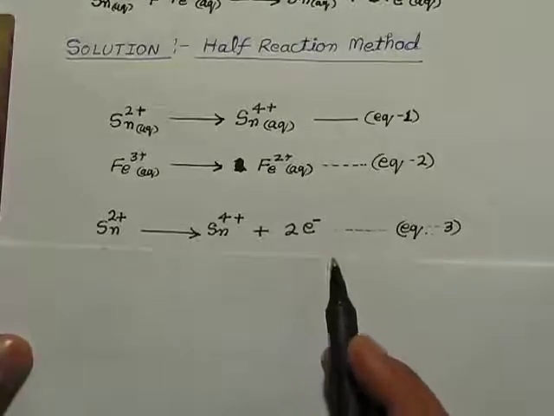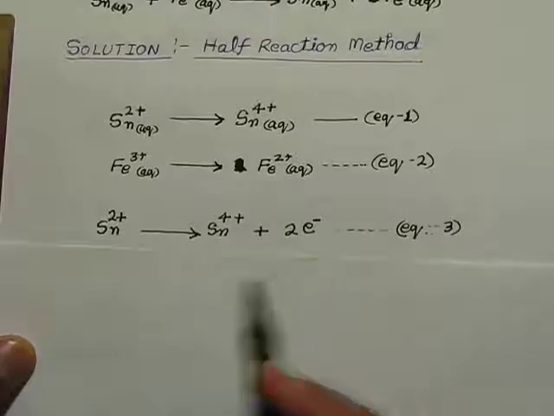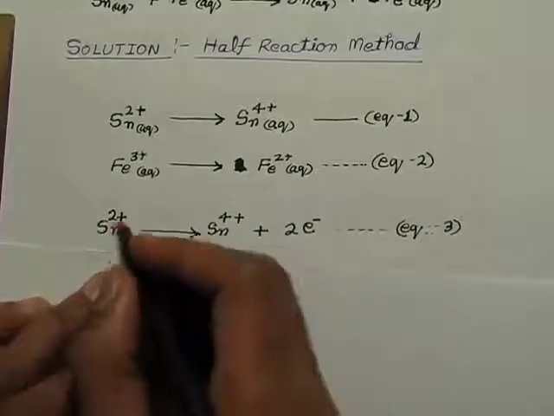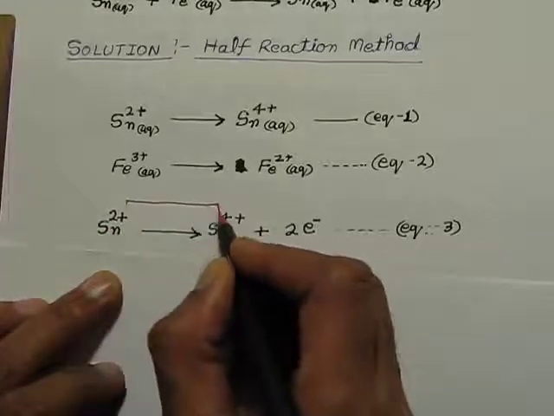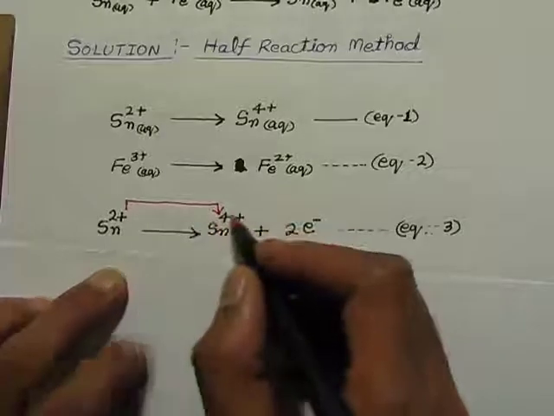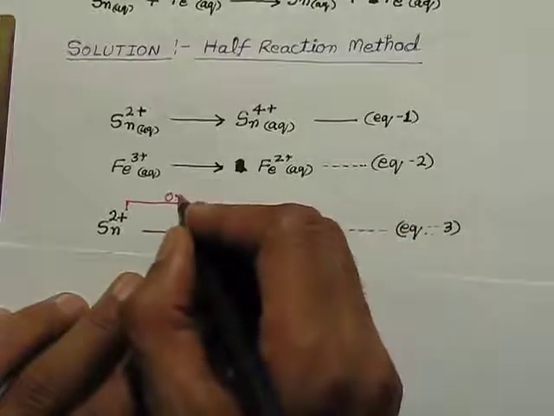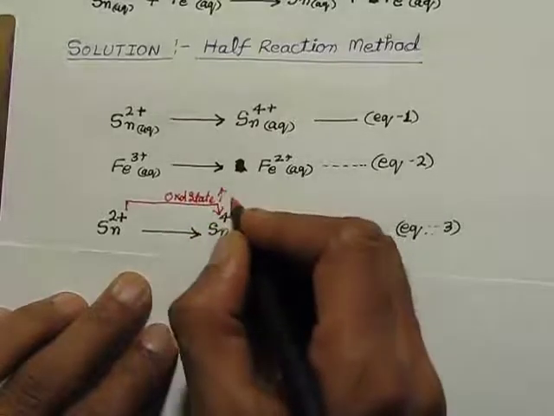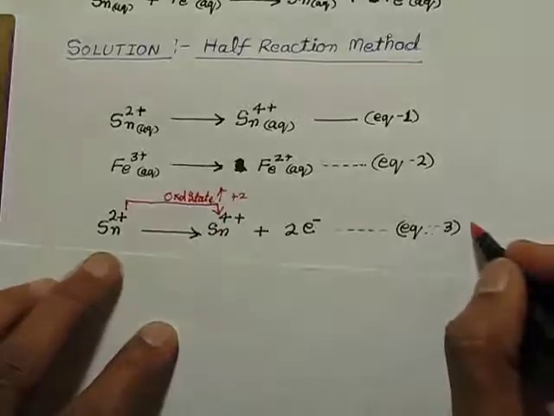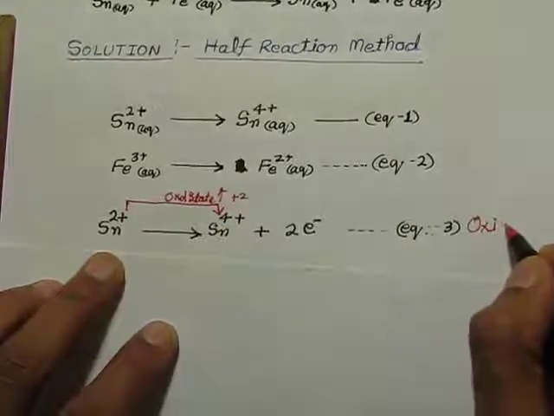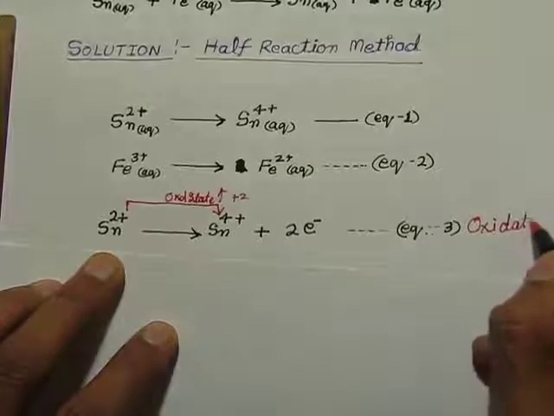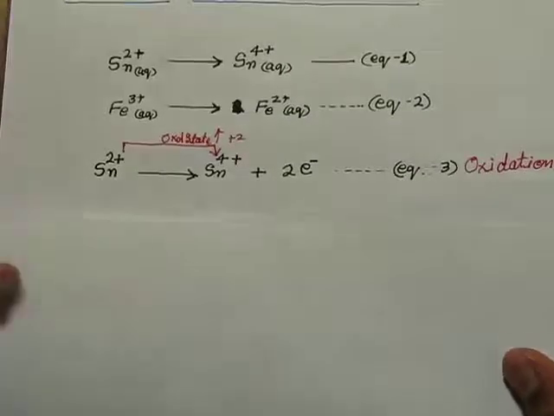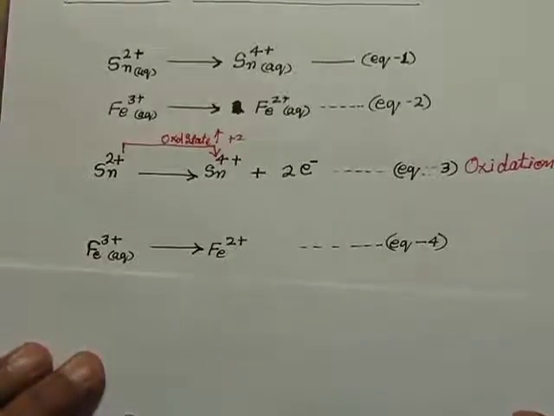So loss of electrons involves oxidation. It means oxidation happens here for tin, from 2+ to 4+. So the oxidation state is increasing by 2, right? So for tin, oxidation happens, and in the case of iron,